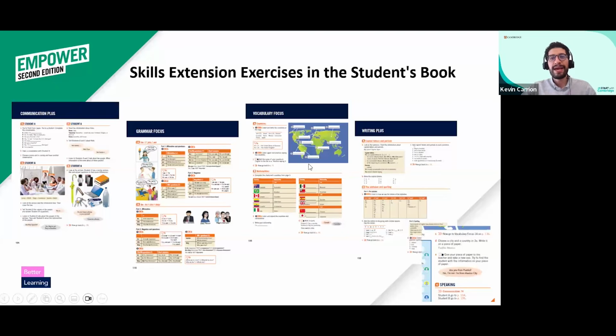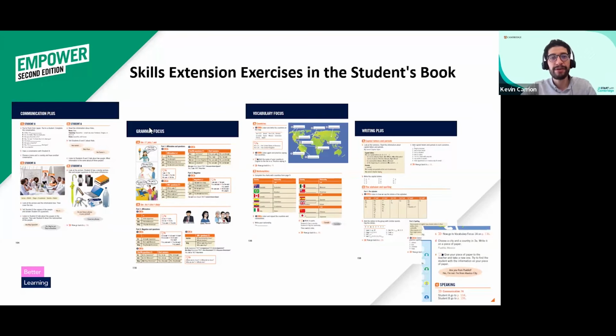Okay, one more type of activities we are going to find in the student's book is a section that we call skills extension. You are going to find these at the end of the student's book, and you have these 4 types of activities. We have Communication Plus, with a focus on communicative activities using the target language, usually for the lesson C moments.